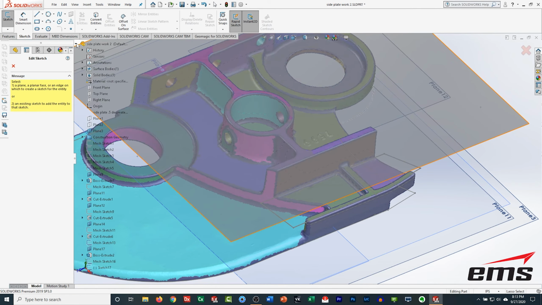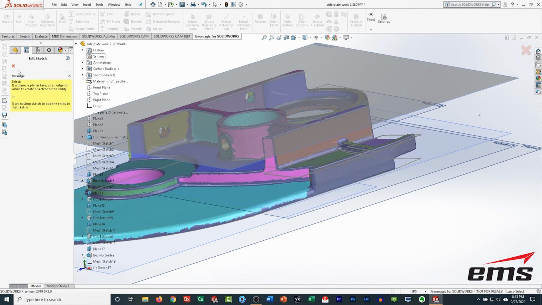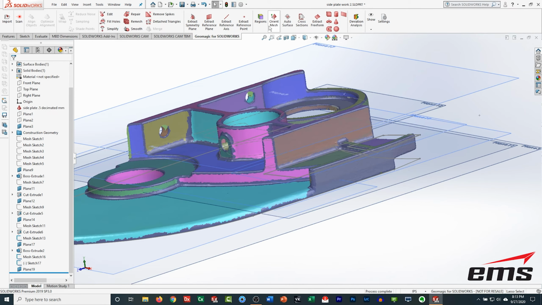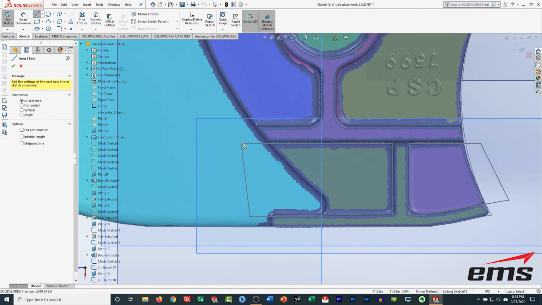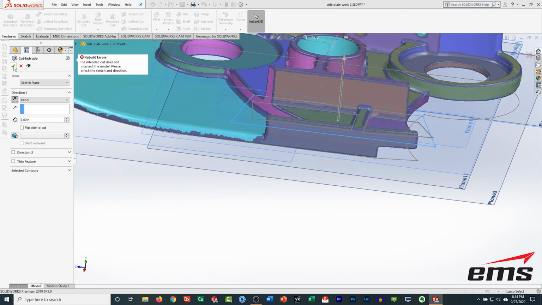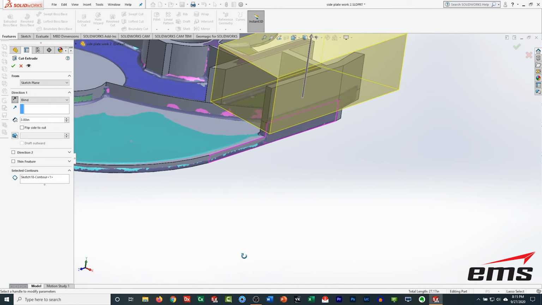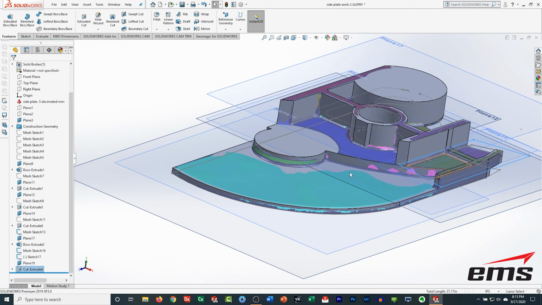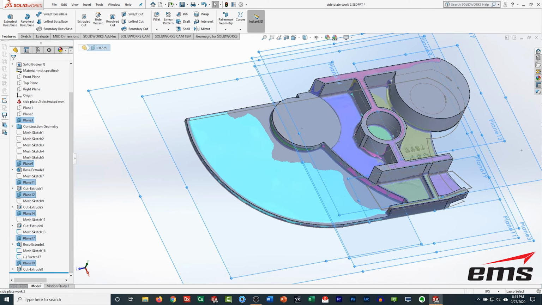So we need to cut this little piece out here on the end. So we'll come in here, same thing, draw our plane, just make a basic sketch, extrude this one up. We'll do a blind extrude cut that away. Now we'll come over here,